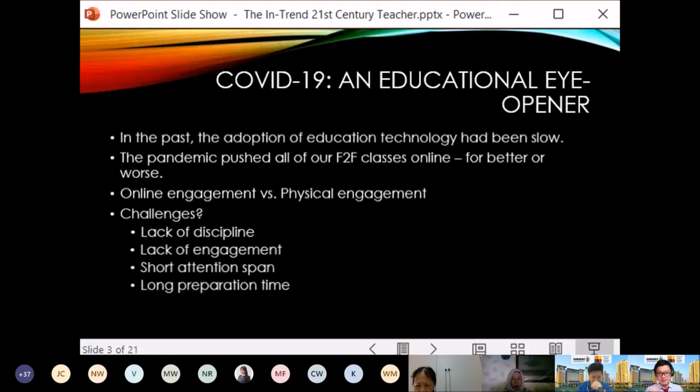Now, the key thing I would like to note here: people wish they can go back to face-to-face class. I would like to say this again. People wish they can go back to face-to-face class. I'm very sure almost 80% of you agree with me. Even I will agree myself, even though I know it's a very weird thing to say, especially in this workshop. However, notice the pattern here.